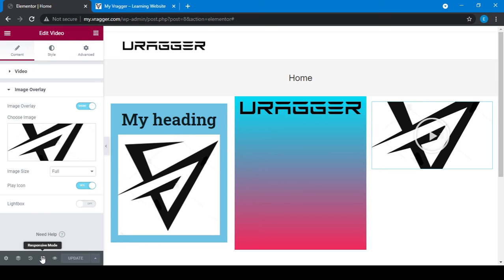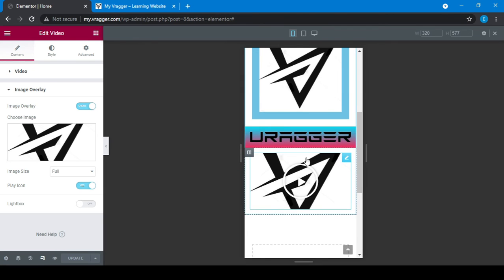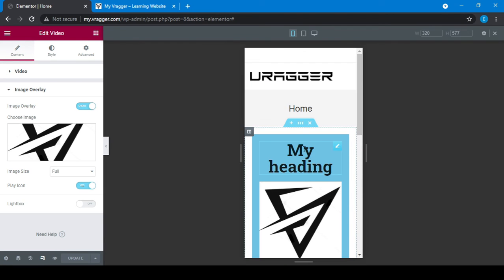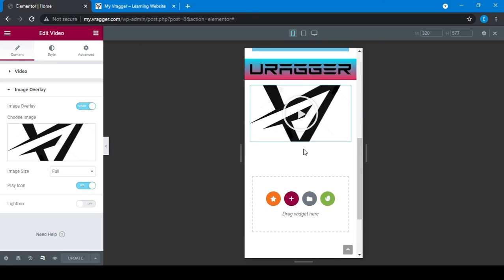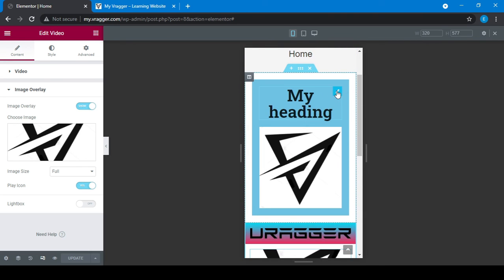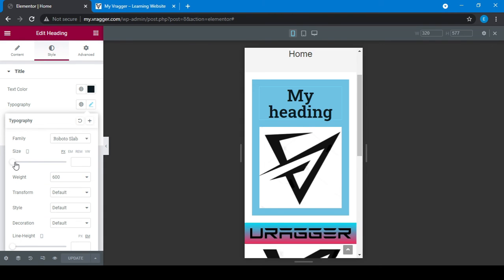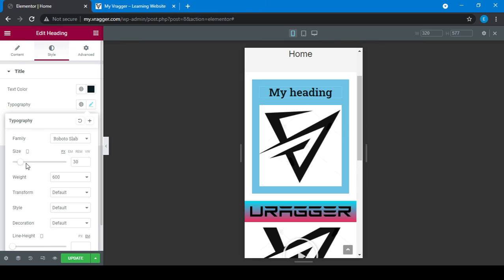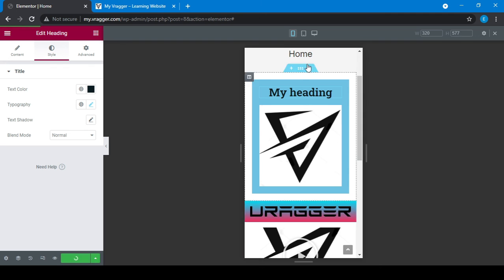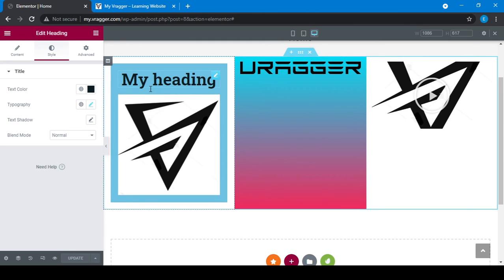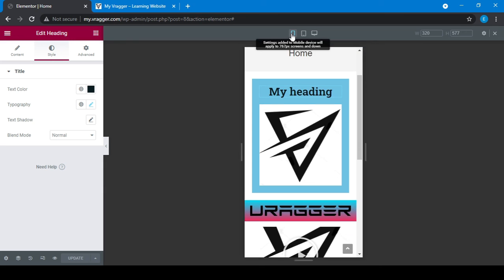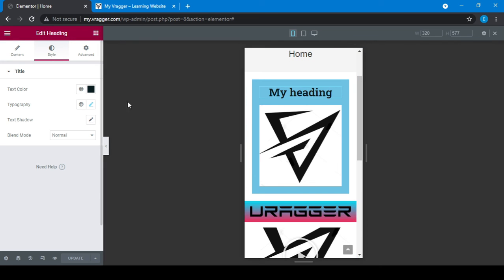You can also change your view. If you want a different view on your mobile, you can also make the website responsive. In my mobile view, I don't want bigger text, I just want the text to be a little bit smaller. So what I will do, it is updating only my mobile view setting. It's not disturbing my desktop view. If I go to my desktop view, the setting is as before, and in mobile the heading is small. So this is very easy to create responsiveness.